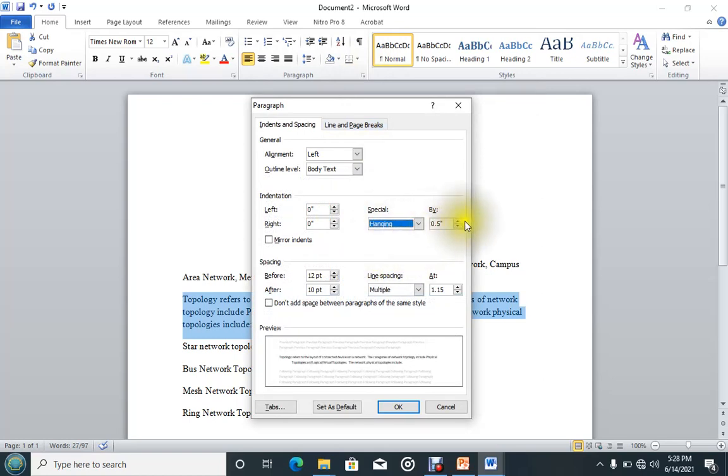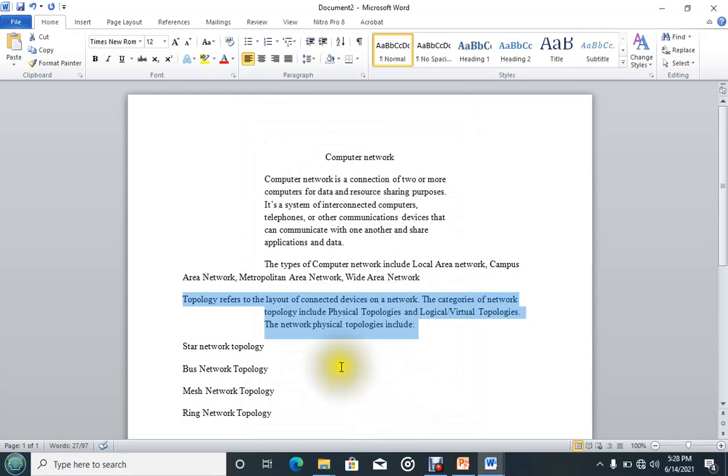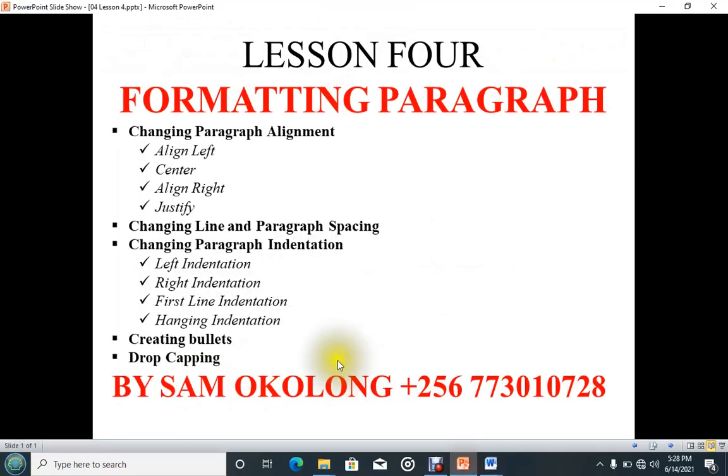Then you can also specify the gap, by what measurement you want it to be. Let me also take it to 1.5 for now. Then you click on OK. So you can see our first line has remained, but these other lines have been moved towards the center, from the left. So that is how we can apply the indentations.